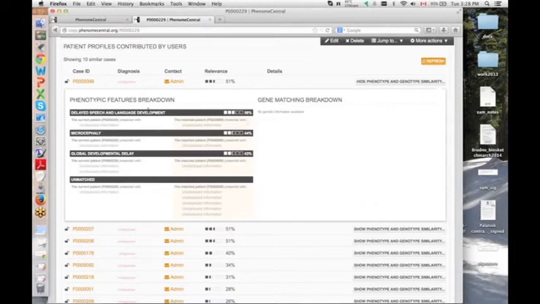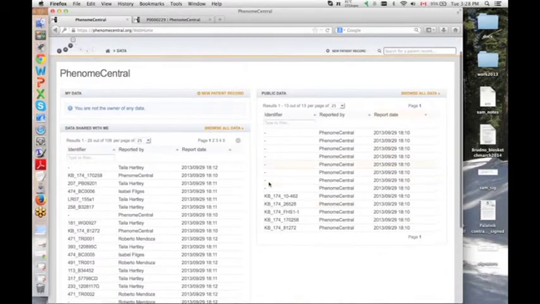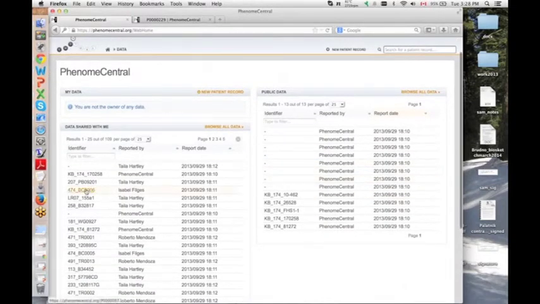Because I don't have the right to see this particular patient of the admin's, it does not. So I will show you this in a different view. You can see the phenotypes that are in my patient and the phenotypes in the other one. So switching to the actual PhenomeCentral database, so I don't want to create new users here. If I look at a specific record,